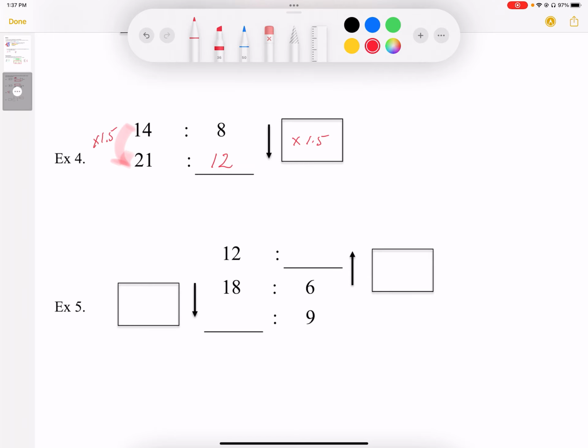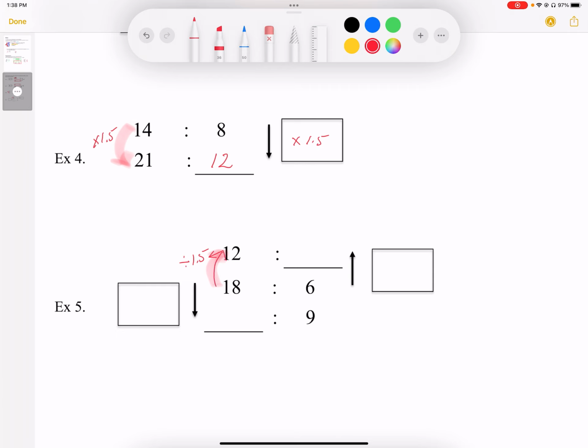Here I'm going to divide these two numbers, and I'm going to divide in the opposite direction. So I'm going to do 18 divided by 12. On my calculator, 18 divided by 12 is 1.5, but I'm going in the wrong direction. So I'm going to divide in this direction. 18 divided by 12 is 1.5, but because I want to go in the opposite direction,